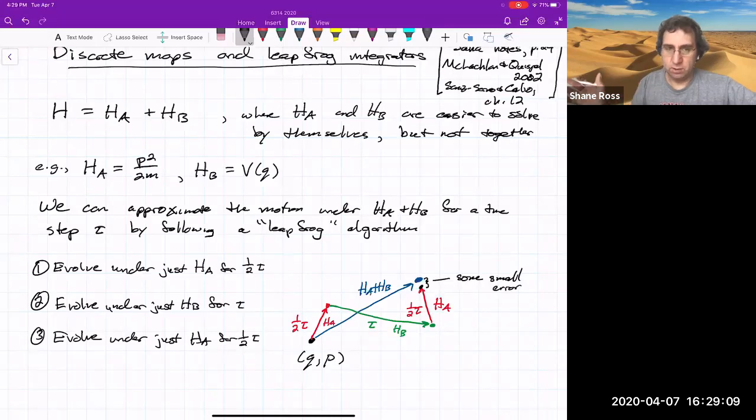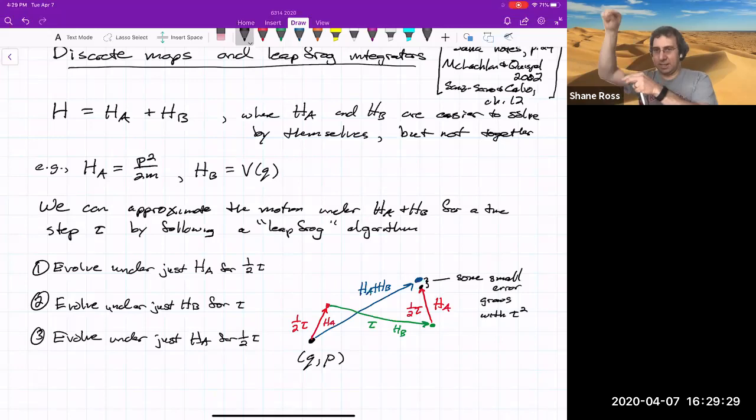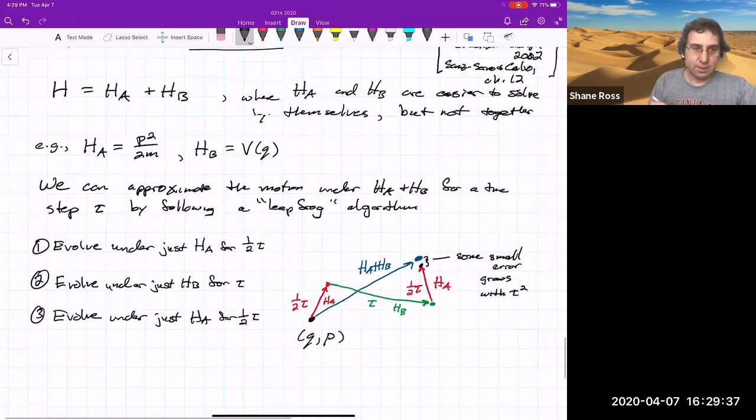That we're okay with. And this error actually grows with tau squared. So this is considered a first order accurate integrator. And the leapfrogging is, right, you do HA, then HB, then HA, and somehow it gets you close to the true answer. If you do these three steps,